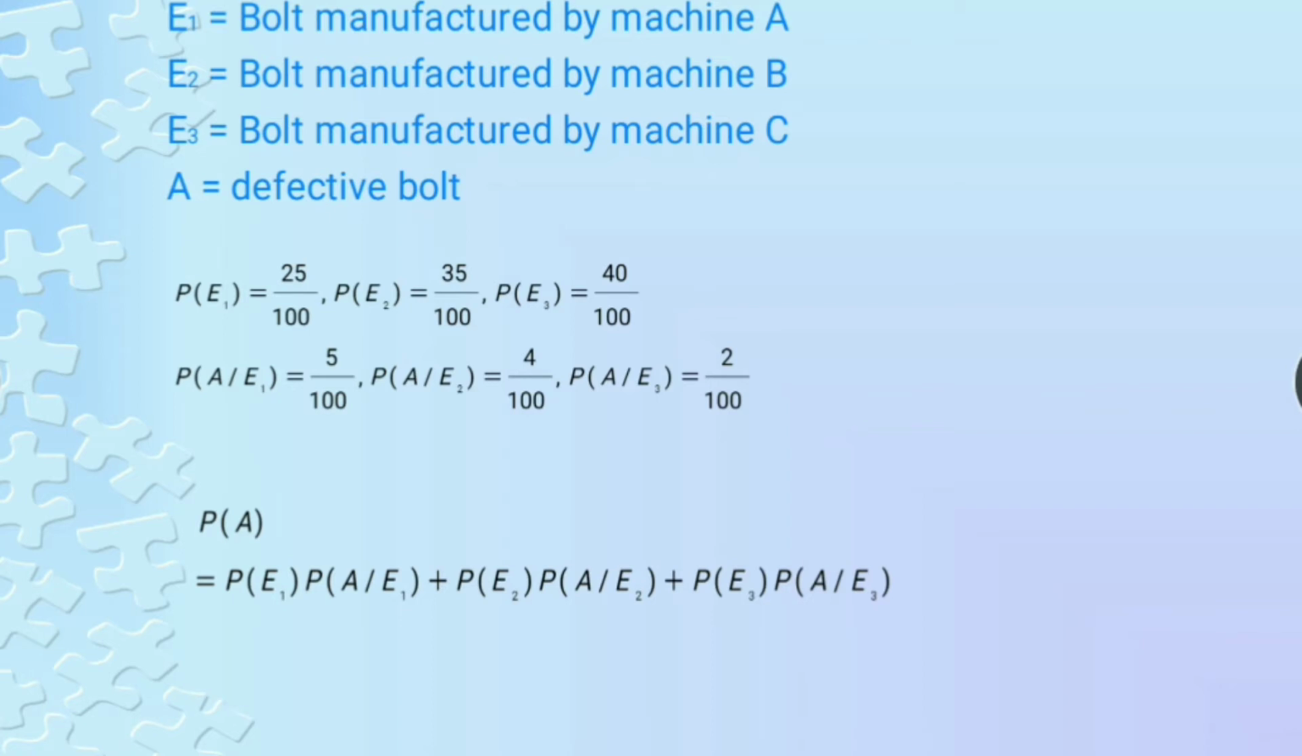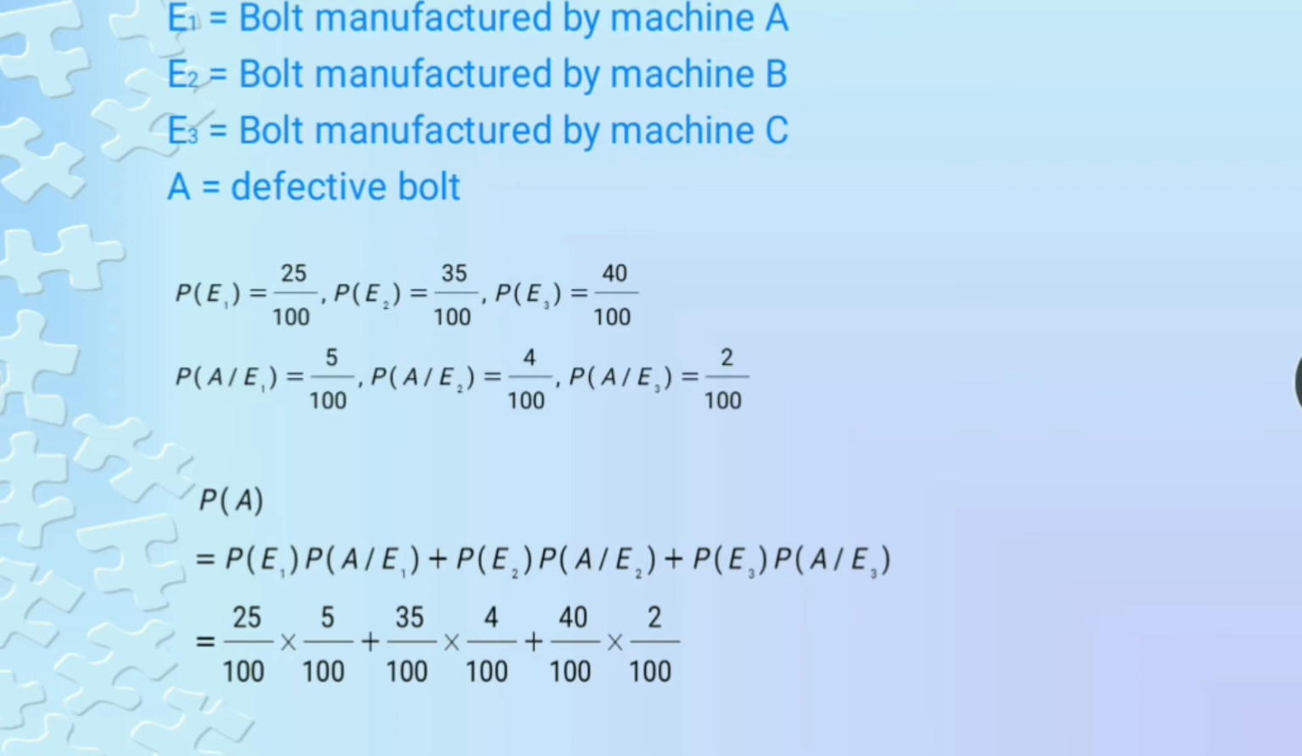We have probability of A equal to this formula: probability of E1 into probability of A given E1 plus probability of E2 into probability of A given E2 plus probability of E3 into probability of A given E3. So we will substitute all these values here. Probability of E1 25 by 100, A given E1 5 upon 100, plus probability of E2 35 upon 100 into probability of A given E2 4 upon 100, plus probability of E3 40 upon 100 into probability of A given E3 2 upon 100. After solving this, we'll get